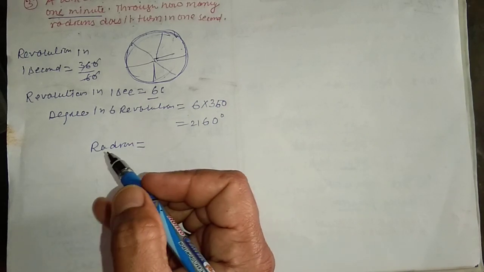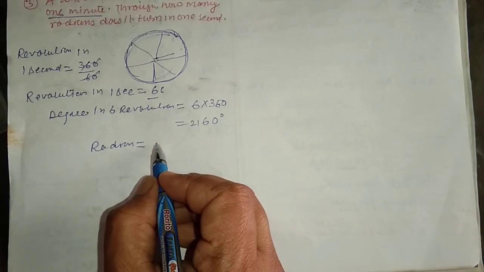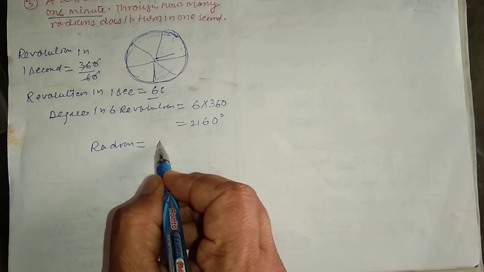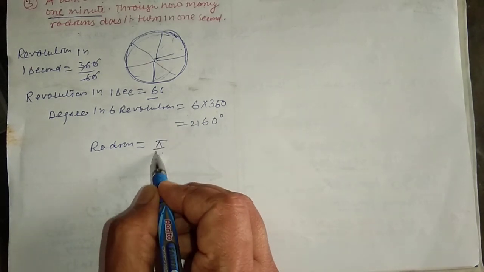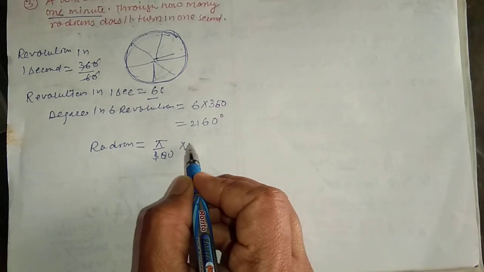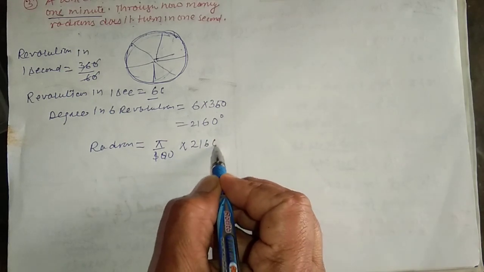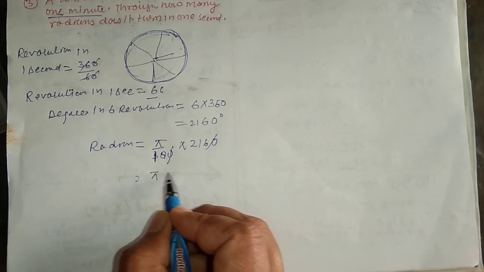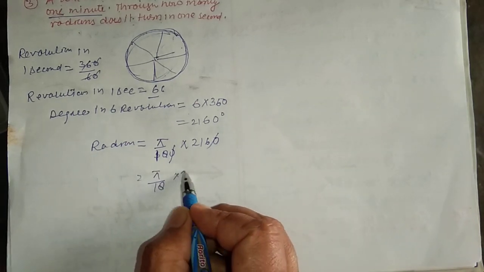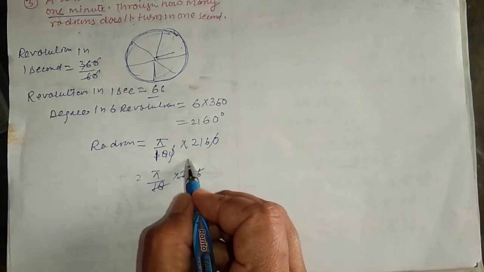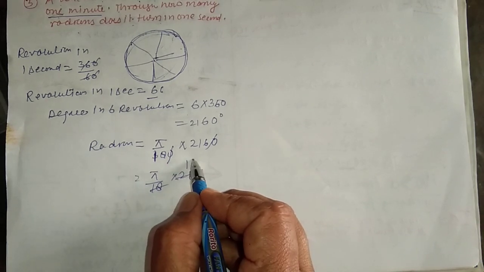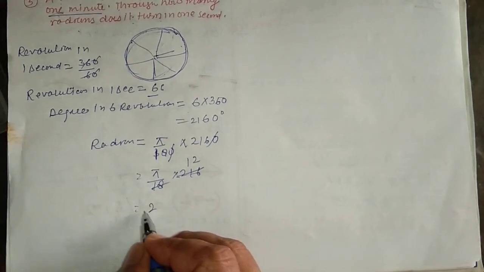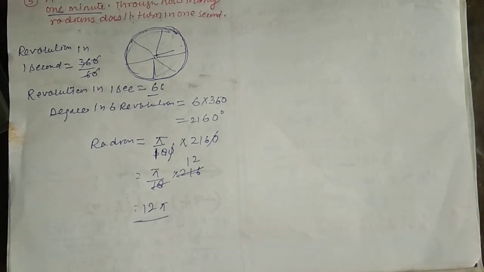And we know the degree measure into radian, so we write radian measure is equal to pi upon 180 into degree. So how much degree? 0 and 0 cancel out, pi upon 18 into 216, 18 1s are 18 and 18 2s are 36, so it is 12 pi radian. Clear? So this is the end of this exercise. Tomorrow I will discuss trigonometric functions.